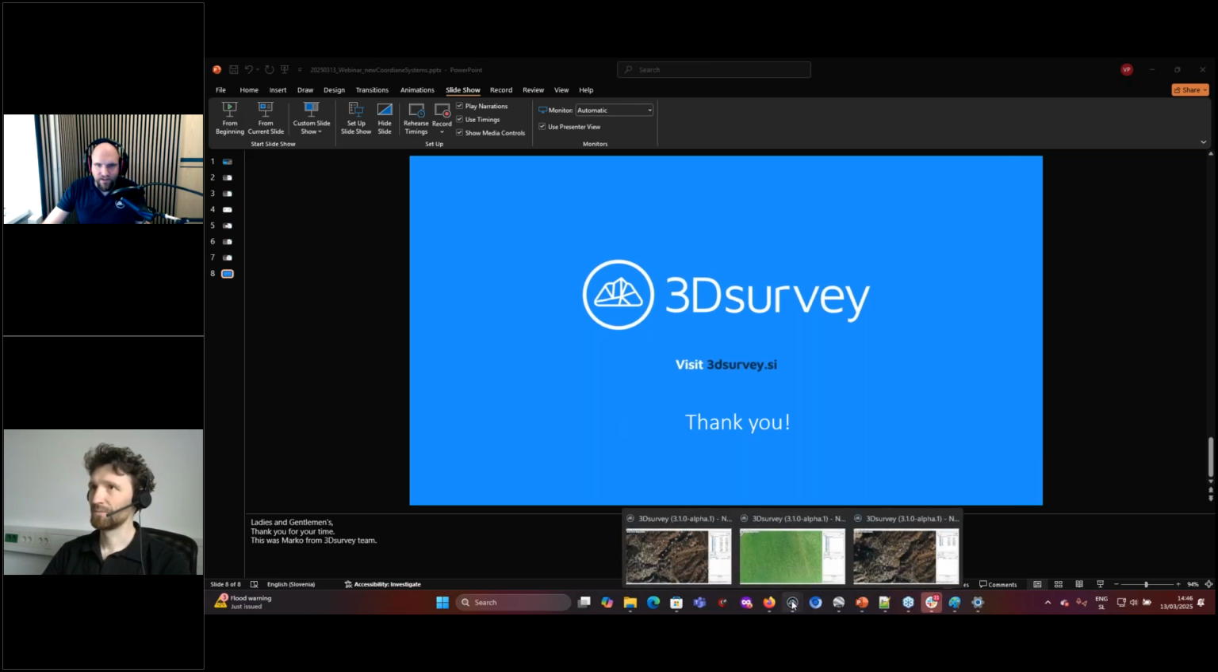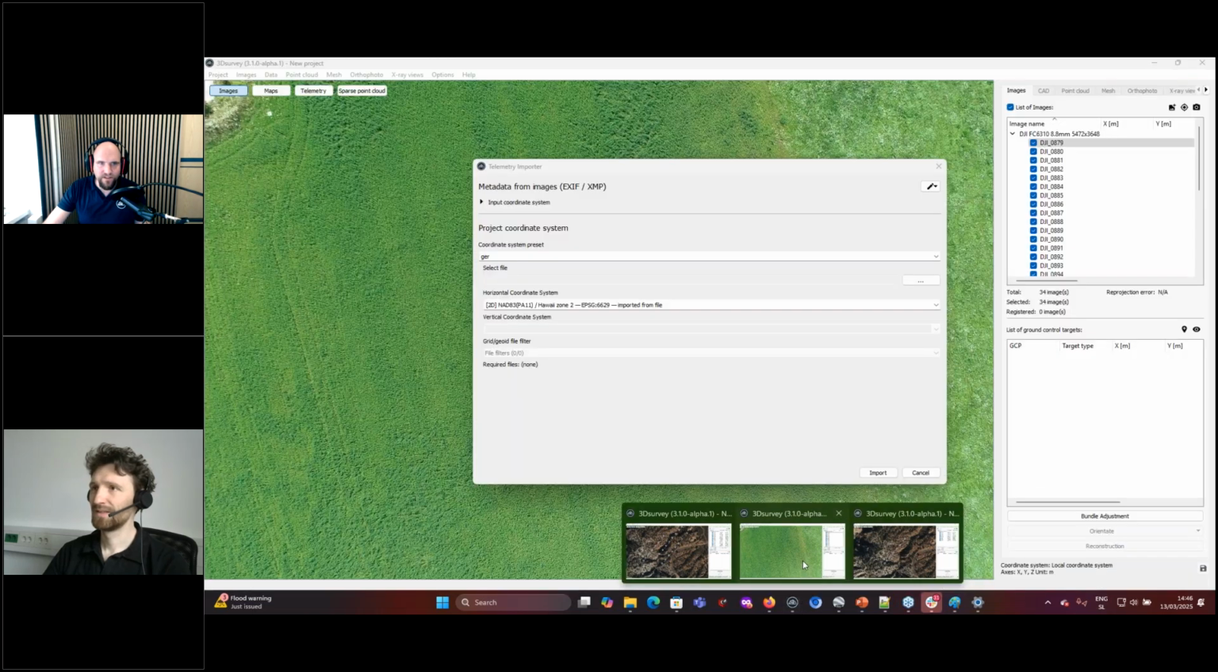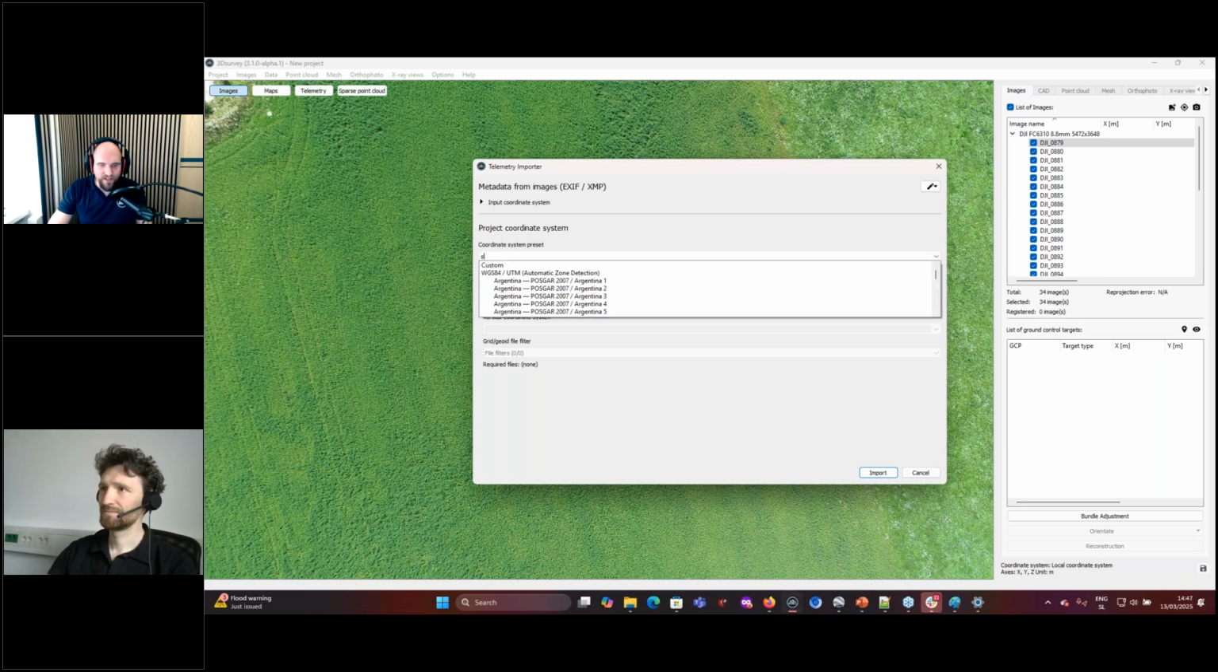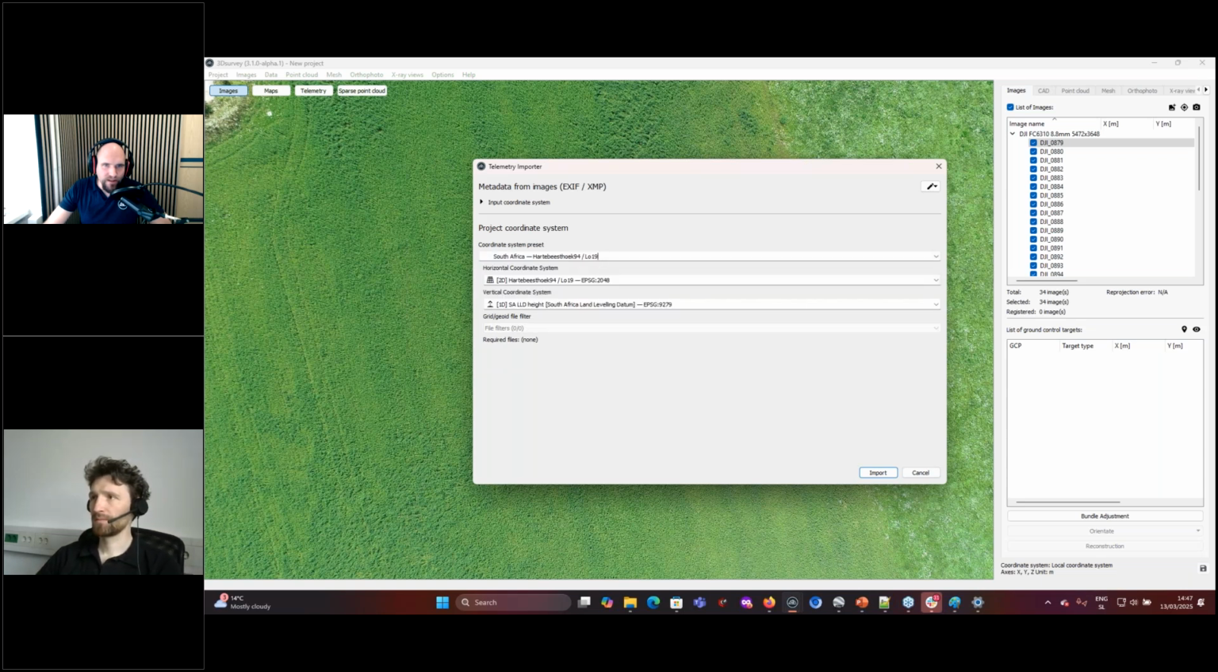Okay, let's come first to 3D survey. Maybe let's go to this 3D survey window. If I write here for preset South Africa, we see that we have a number of different coordinate systems. Let's check out this one first, LO19. So here it tells us that we are working in Hartebeesthoek94 LO19. The important thing we can use is this EPSG number. So how I like to check what the coordinate system actually is, I just take this number,